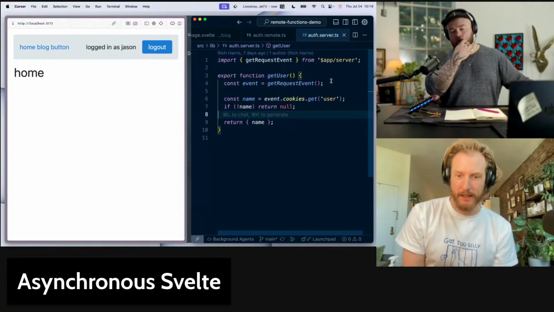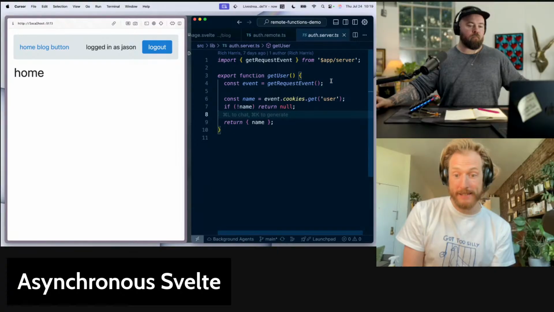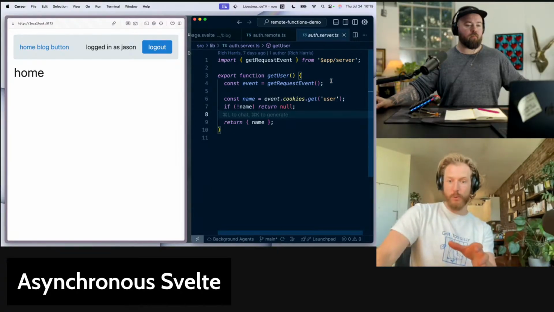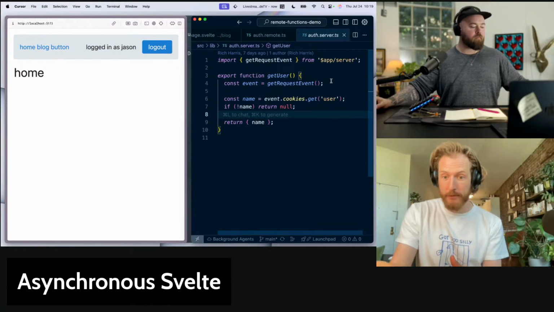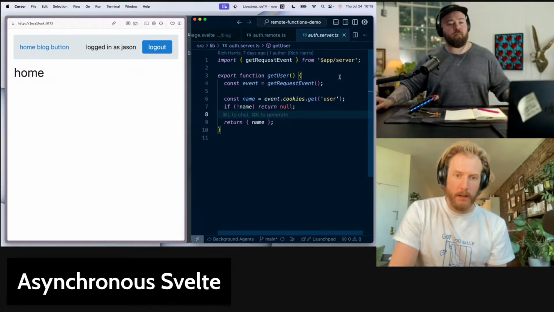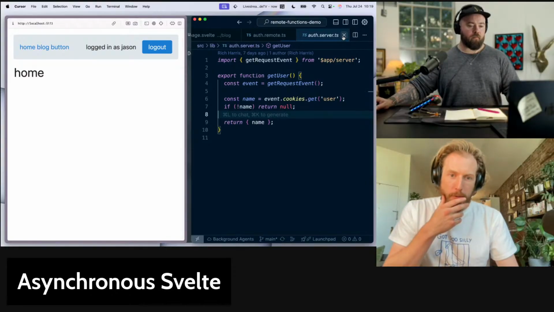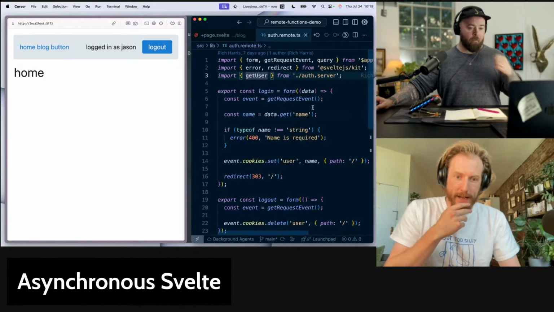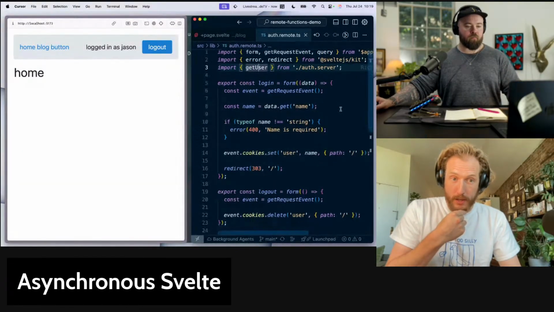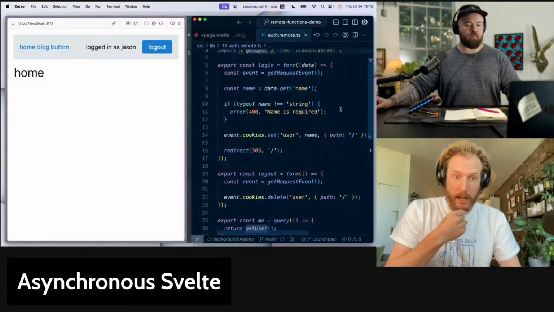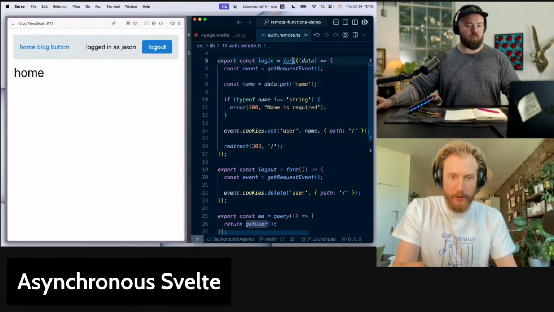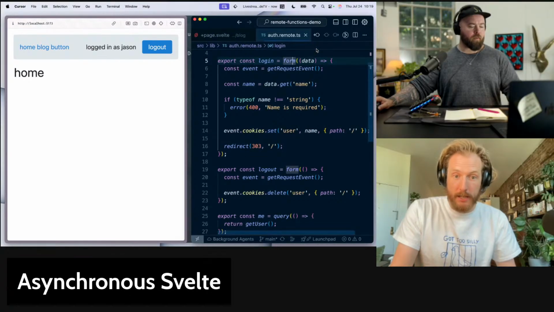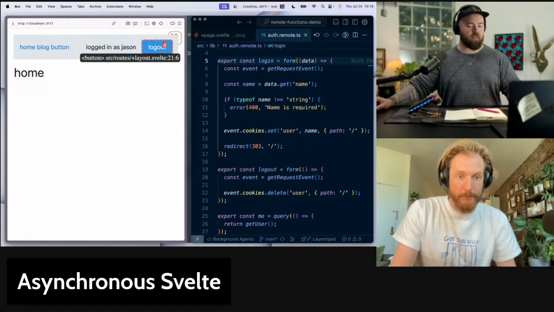So that's get user. And that's a server module. So we can use that inside any remote module, but it's not something that you can use directly from the client because it requires cookies. Got it. Yep. Makes sense. So in authremote.ts, we have these two forms. And if you were to do the Command-Shift-G thing on the logout button, you would see where we're actually using